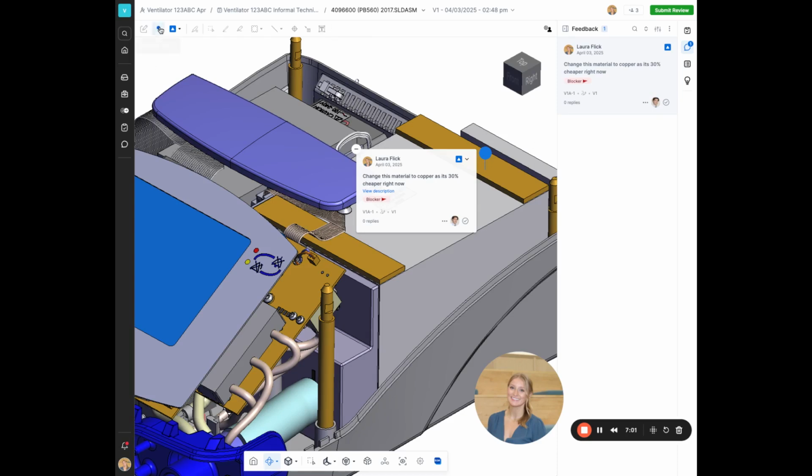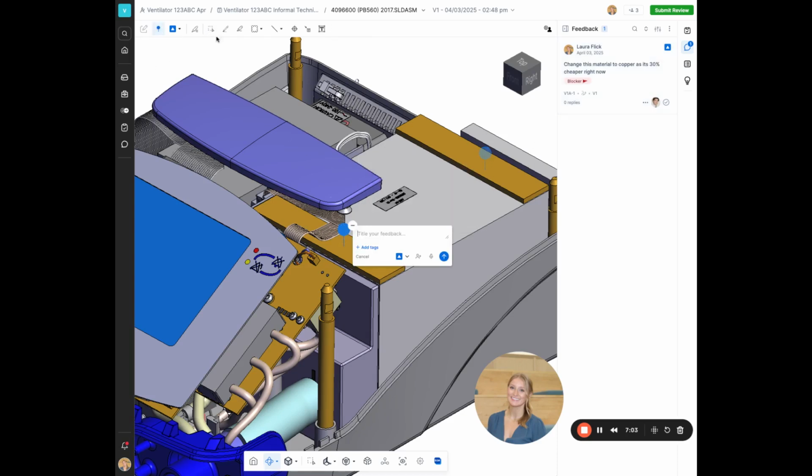When you do drop your pin, you also can unlock additional markup tools. So if you're looking to add a text box, add a bubble, highlight a specific area, really communicate exactly what it is you're trying to get across, you would be able to leverage those tools as soon as you've dropped your feedback pin. In our next session, we will go through leaving feedback on 2D files, which is, again, quite simple,